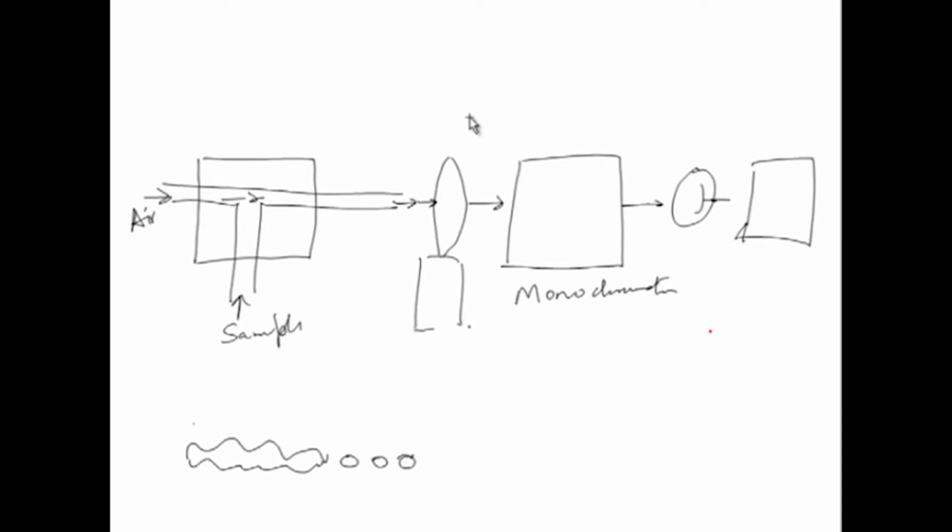So, this is a very simple schematic of flame emission spectrometer instrumentation. You have a nebulizer, you have an aerosol modifier, then small droplets come into the flame, emission occurs, and the spectral lines which are of a particular element are allowed to pass through the monochromator, and then there is a detector, and finally, you get a readout. So, this is the basic instrumentation, the basic concepts of this emission